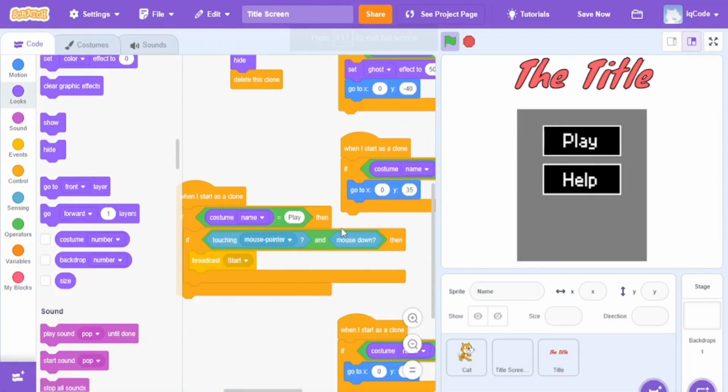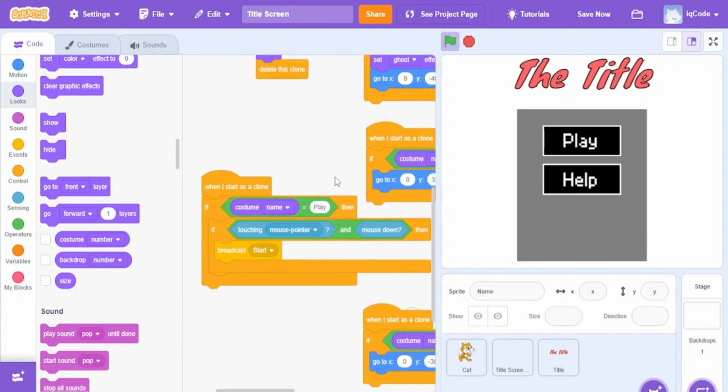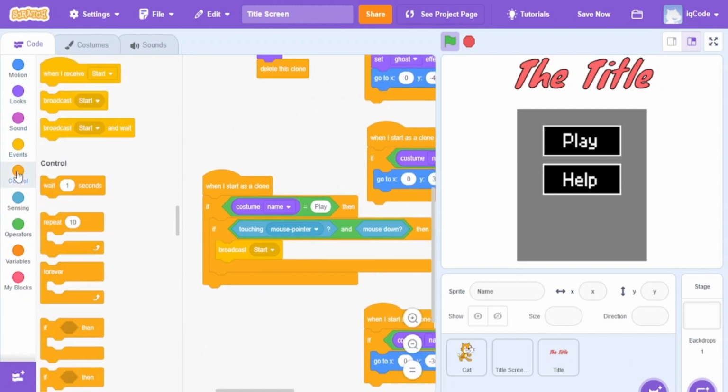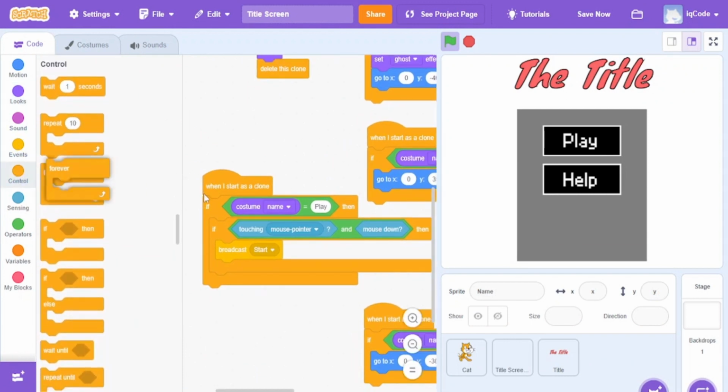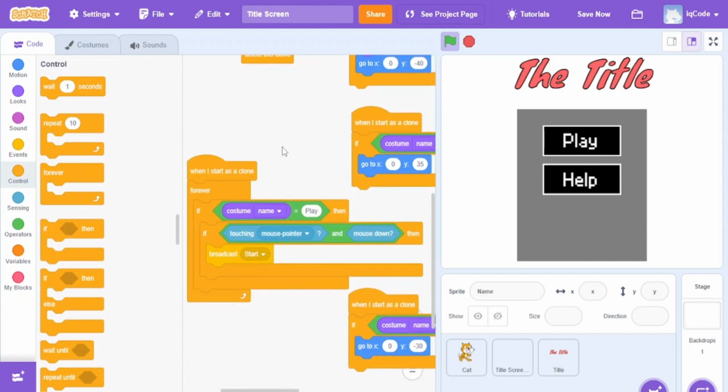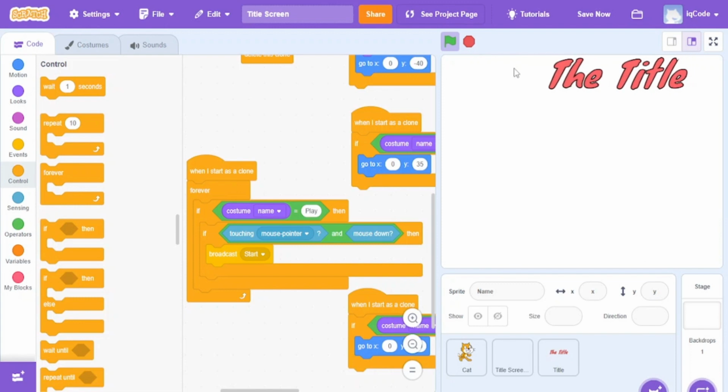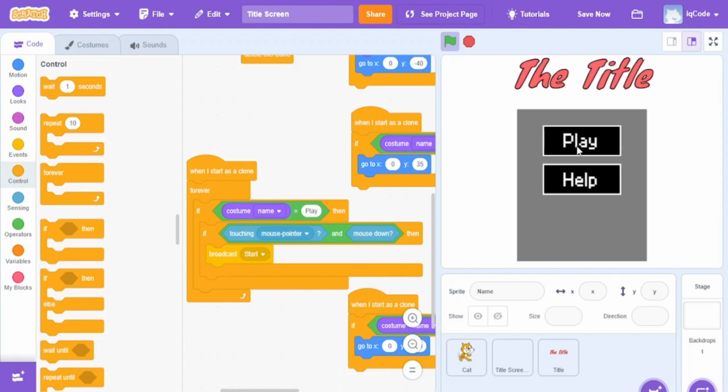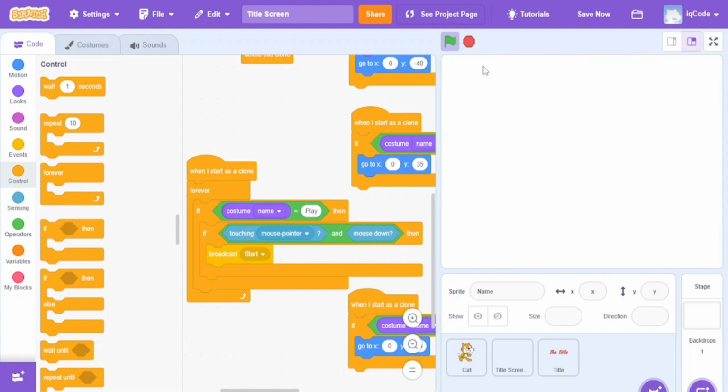Okay, everyone, I just remembered that I am supposed to add the forever block. That's the whole problem, the forever block. Now it should be able to work. Yeah, it worked. It's only because I forgot to add the forever block. I'm really sorry. I have been doing Scratch for a while now. So yeah, I forgot. So whenever we start,